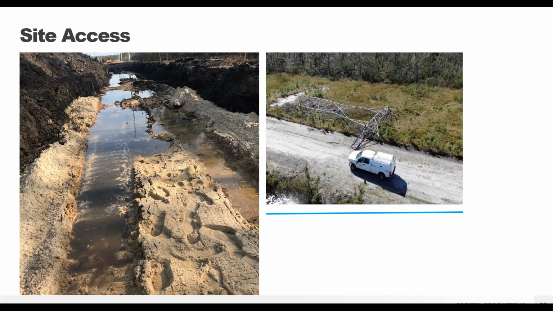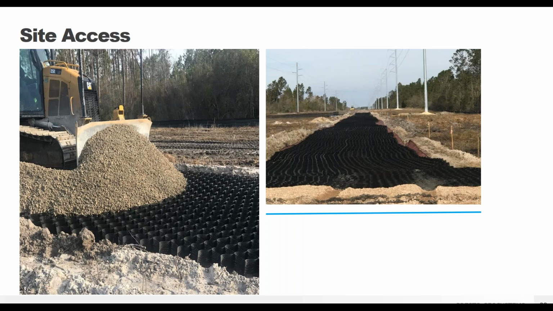So they decided to use the GeoWeb system for access and long-term maintenance roads, as well as the pads around the base of all of the transmission towers. That saturated sand really can't support any type of vehicle load. So in this case, they chose to use an enhanced woven geotextile over the subgrade. Woven geotextiles can add additional strength to the system, and they're not going to get clogged by that sandy material. So they still allow water movement, which is really important in wetland environments, so that you don't interrupt how that water flow happens and you're not disrupting the environment.